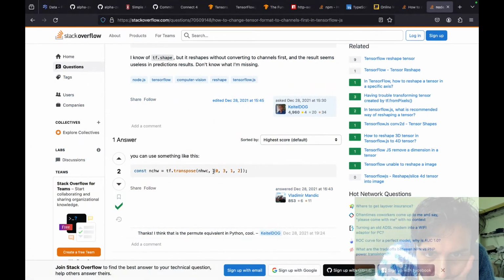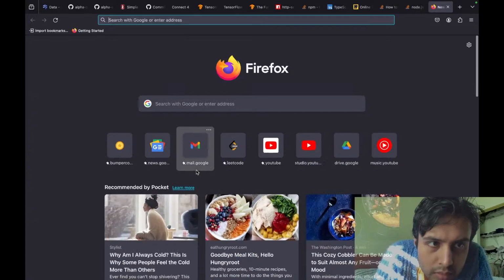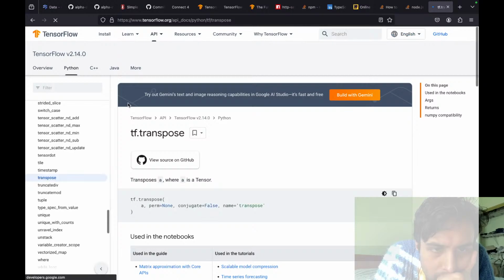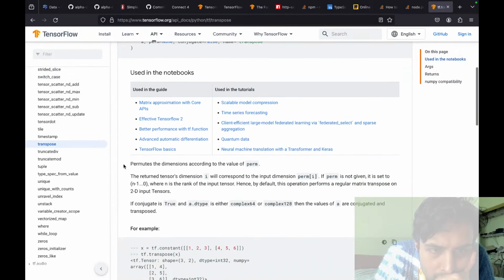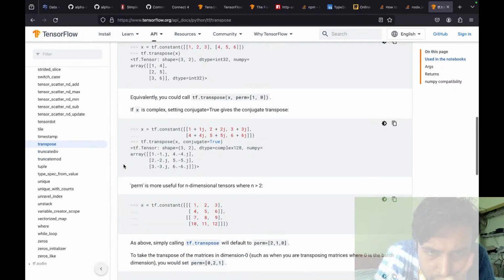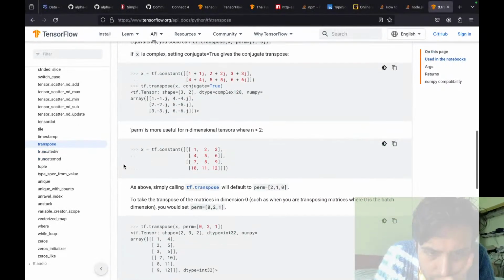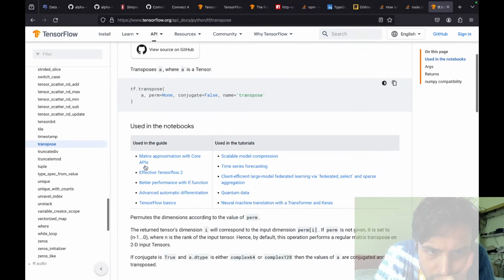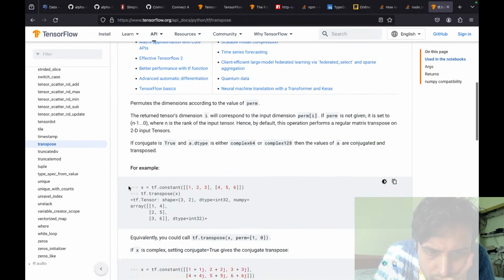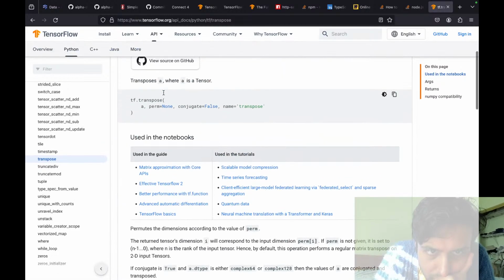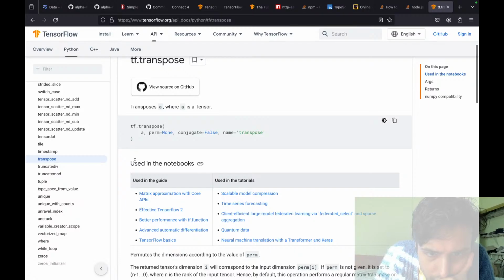Okay, exactly, the axis. tf.transpose. This is Python. Perm for permutation.